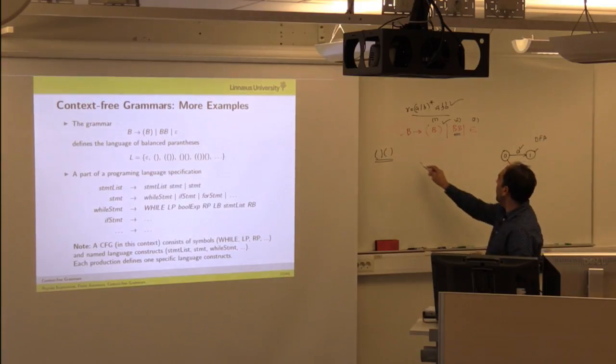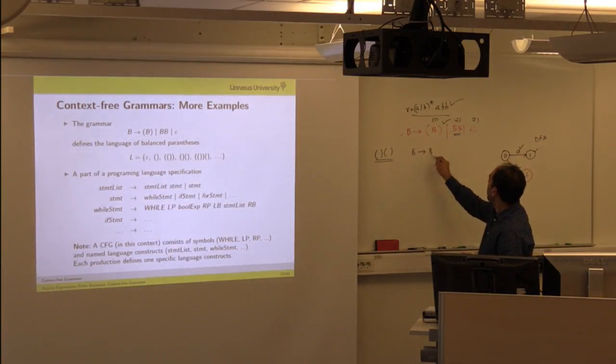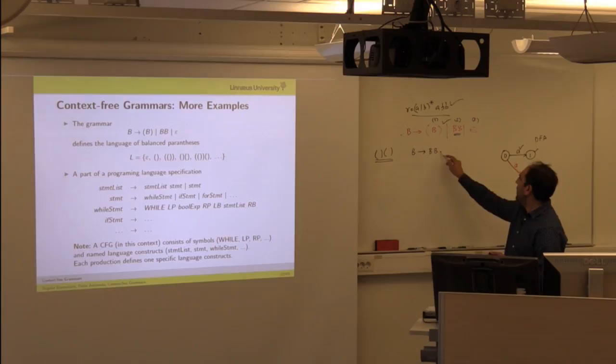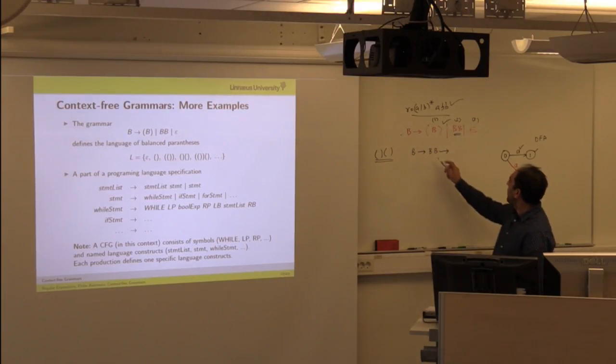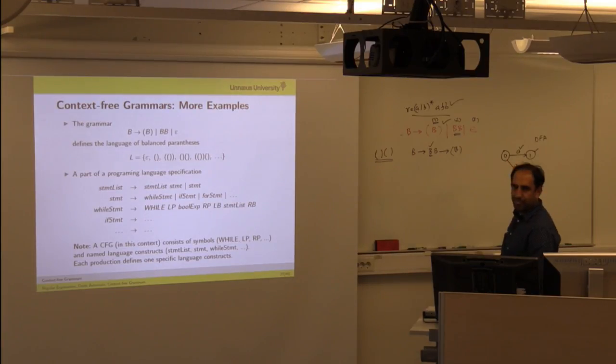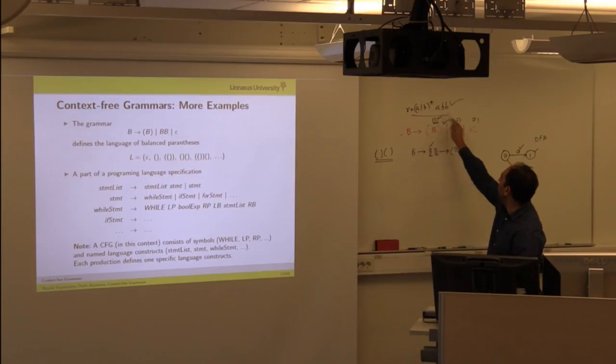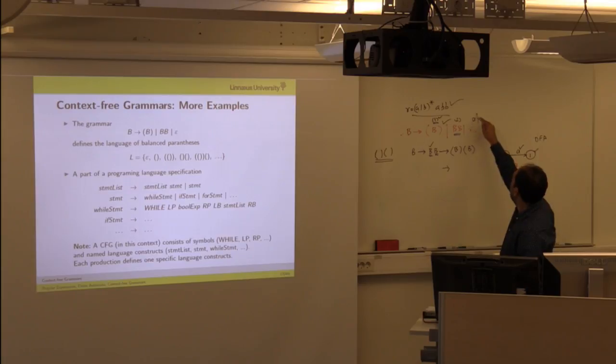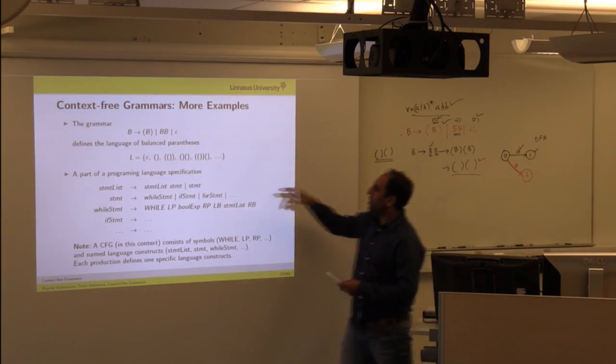And if I take the second part, I can say that B leads to BB. And then if I take part 1, I can replace this with this part, and I can also replace this with this one part, and write again like this. And next I replace with the third part, which is an empty string, so you don't need, I mean, it's empty. So in that way I get this part,